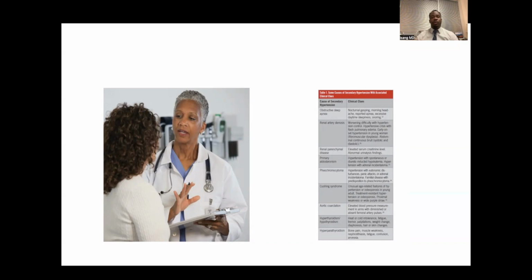There are a lot of individuals who have something called secondary hypertension, which is blood pressure due to something else. So things like issues with the thyroid, issues with the kidney itself, issues with the adrenal gland. If those are not addressed, they can lead to poorly controlled hypertension. And not only that, no matter how many medications you're taking, the blood pressure is still difficult to control. In the United States, one of the biggest things that I've found is that a lot of people have difficult-to-control blood pressures due to having undiagnosed or undertreated sleep apnea.